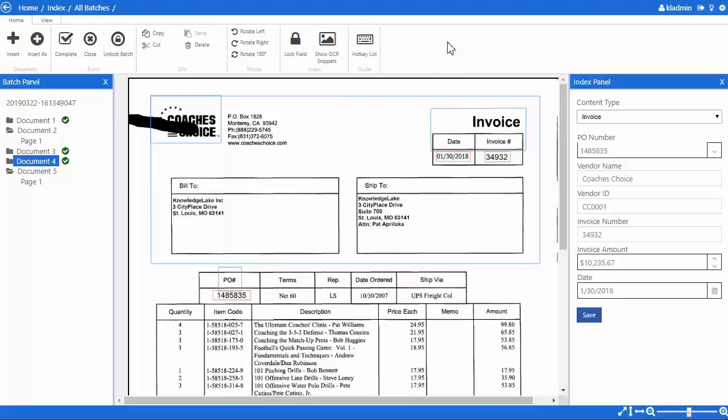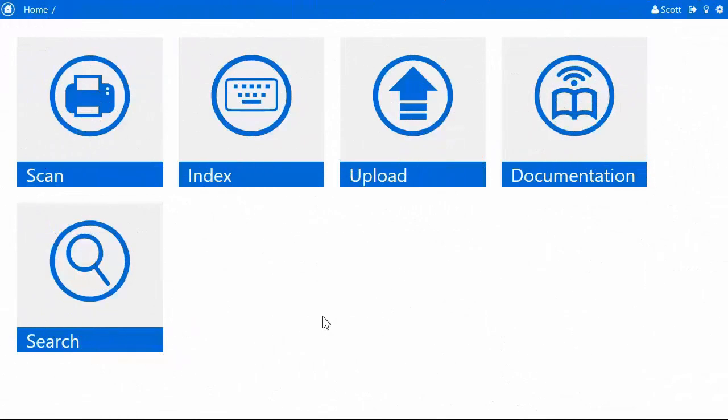So it's able to still distinguish what vendor it is. The KnowledgeLake machine learning works with both structured documents and semi-structured ones like invoices where the information moves around. Now that our critical documents are stored in the repository, tagged with the important metadata, now I can search from